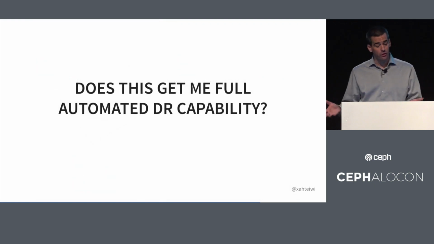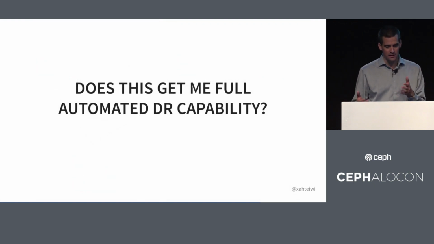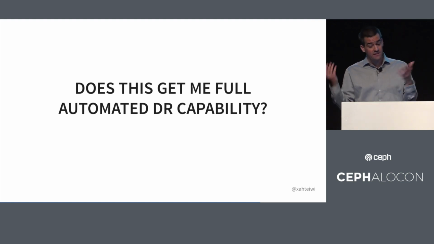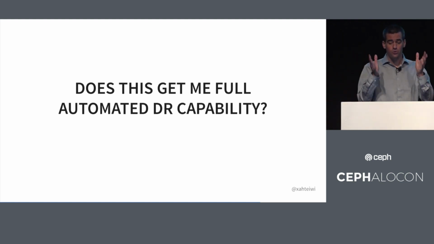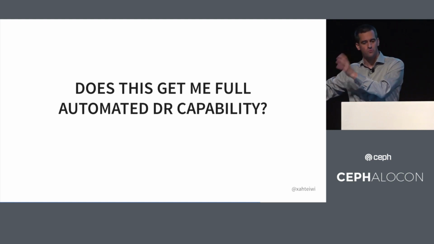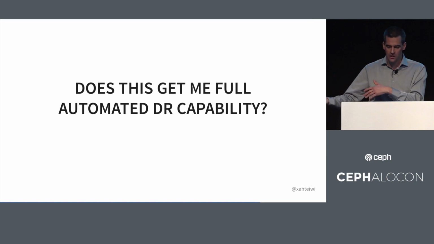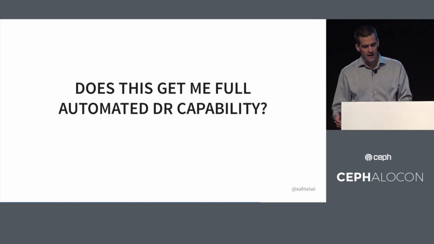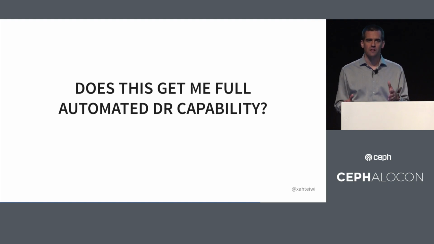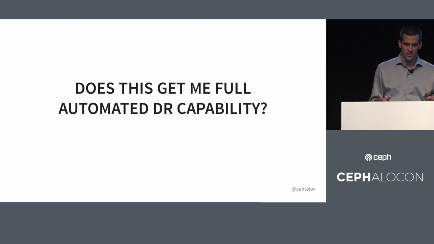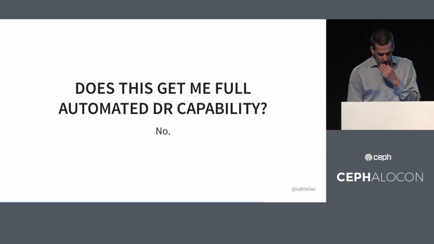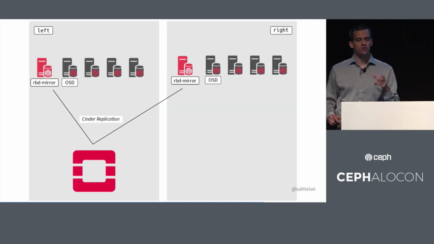Does this get me full automated disaster recovery capability, as some claim it does? To wit, an OpenStack environment where you can lose an entire site and you can then, within a reasonable time frame, bring up all of the VMs and resources in another site without any intervention from end users. Whenever I read something like that, I maintain it's a bit of hand-waving, and I personally have yet to see it work anywhere, but I'll be more than happy to stand corrected,